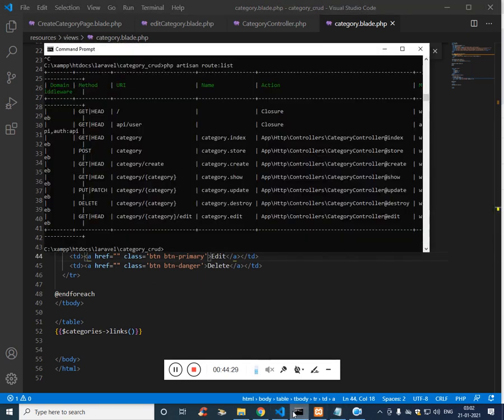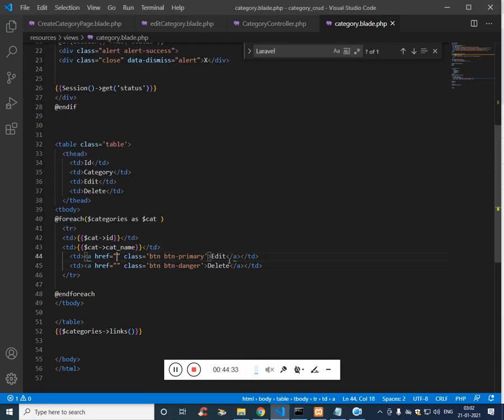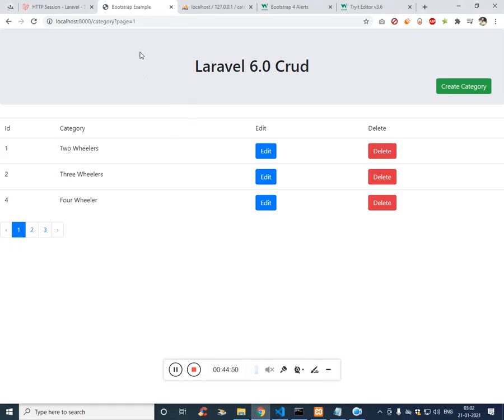If you see, category slash, template literal. We have to call the category ID, and then edit. Now let's see if there is no error. We should get the form.